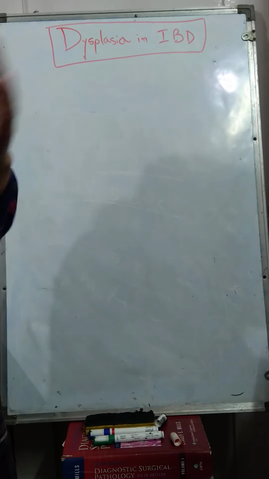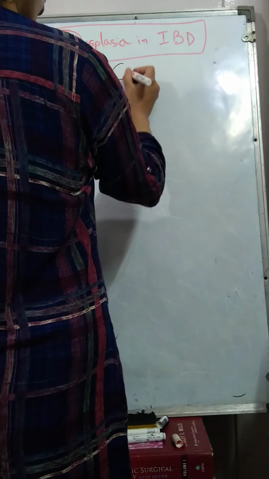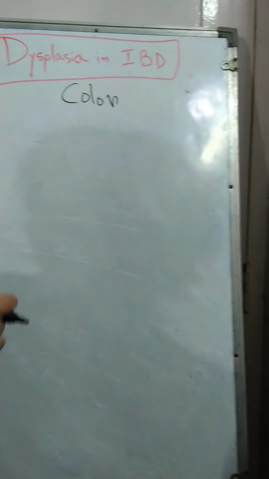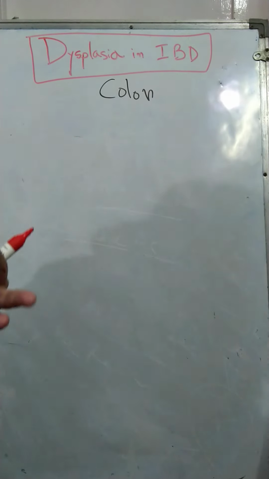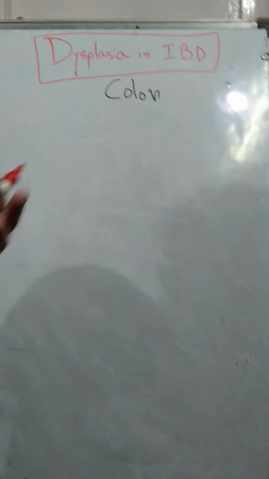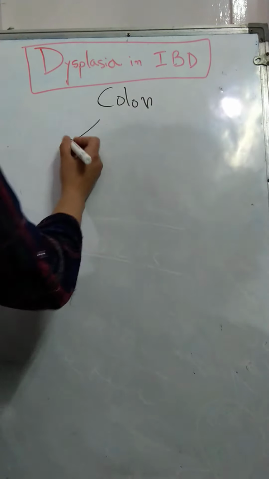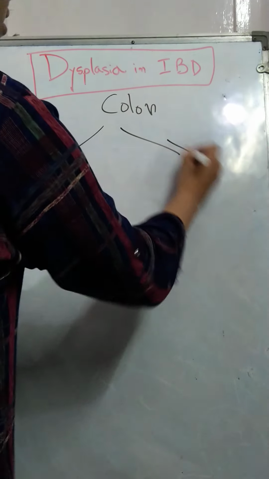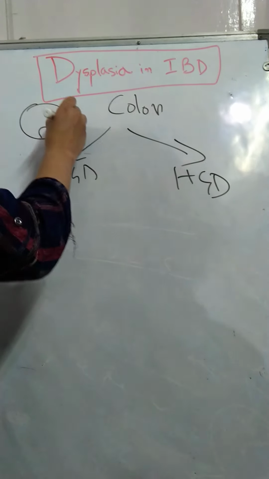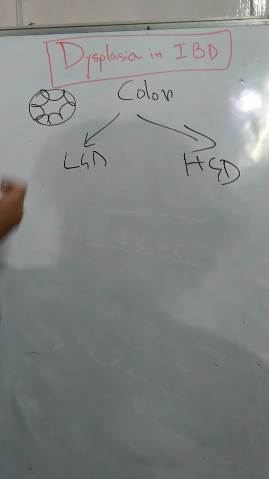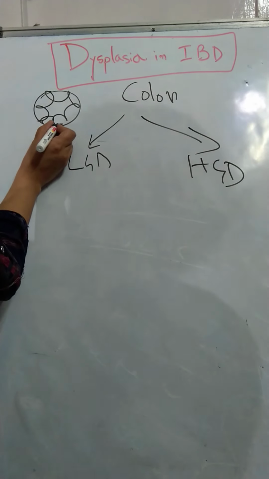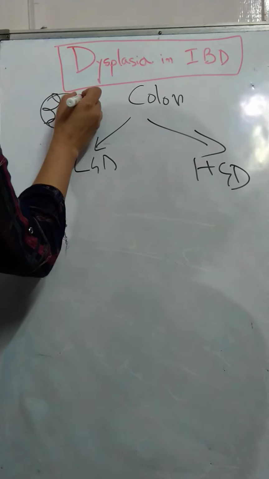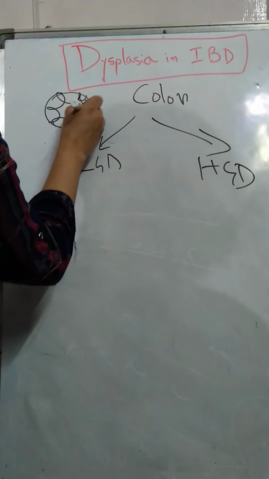Now, if you remember, all of this I am talking first in the context of the colon. If you remember your colon histology, most of the crypts are extremely rich in goblet cells, or mature goblet cells, so they tend to appear much paler. Now, what happens when you have a low grade dysplasia versus a high grade dysplasia? A normal crypt is something where you will see overwhelmingly mature goblet cells. The colonic enterocytes have extremely small basal appearing nucleoli, and the majority of course are your goblet cells.